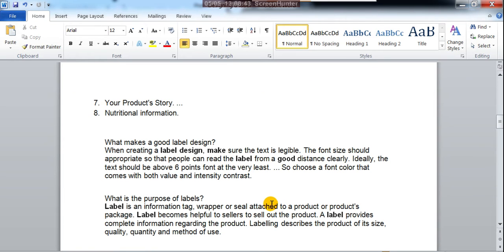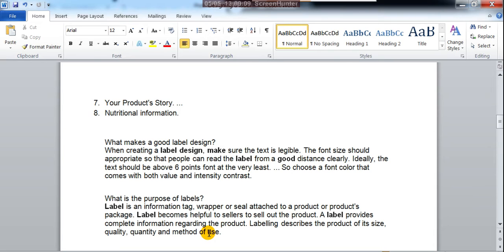What is the purpose of labels? Yes, this is important. Suppose you made a beautiful logo, but what is the purpose of that? A label is an information tag, a wrapper, a seal attached to a product or a product's package. A label is helpful to sellers to sell the product. A label provides complete information regarding the product.